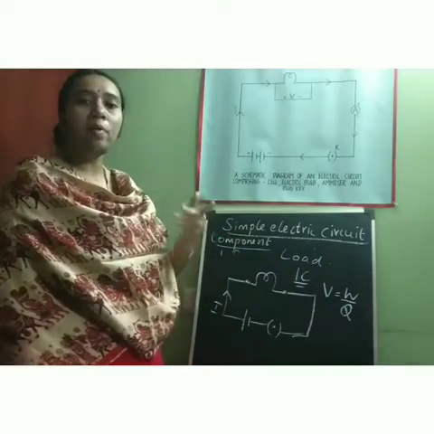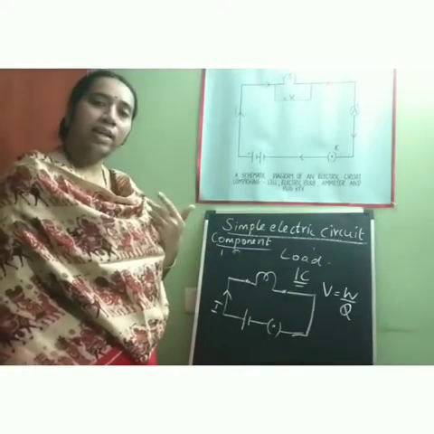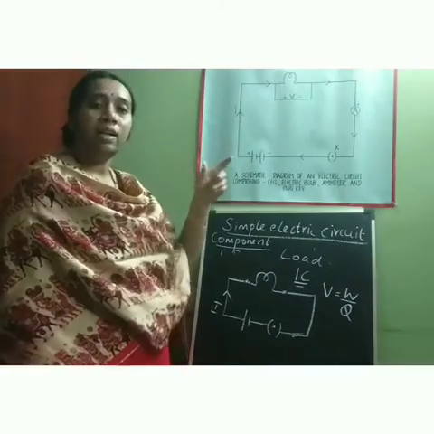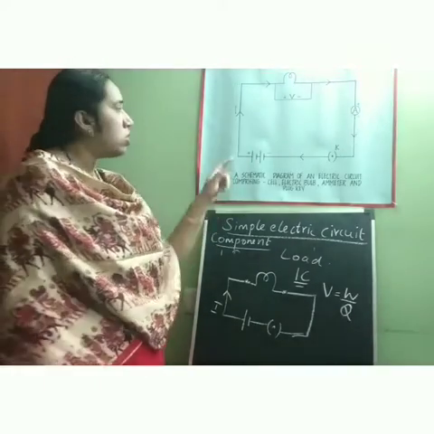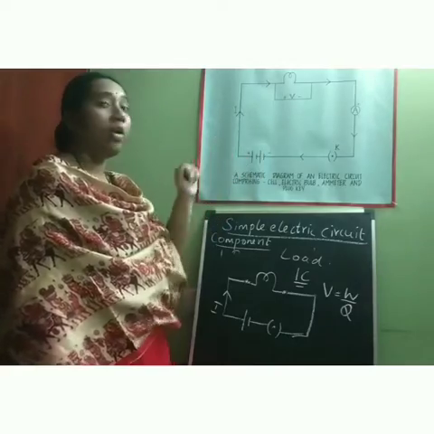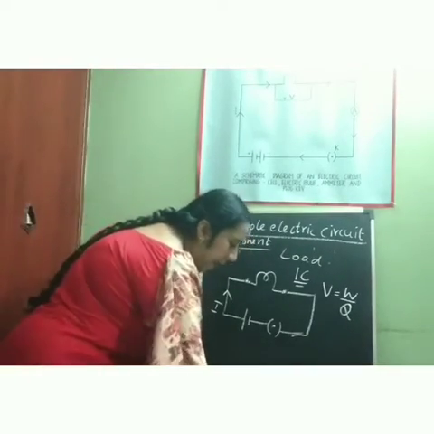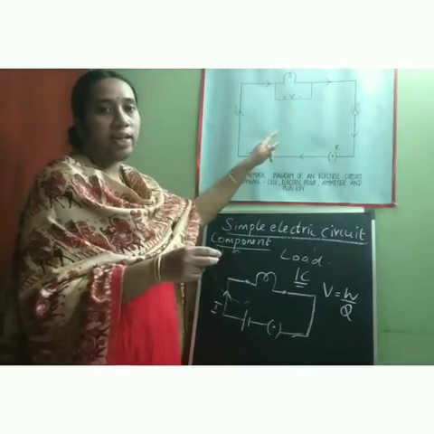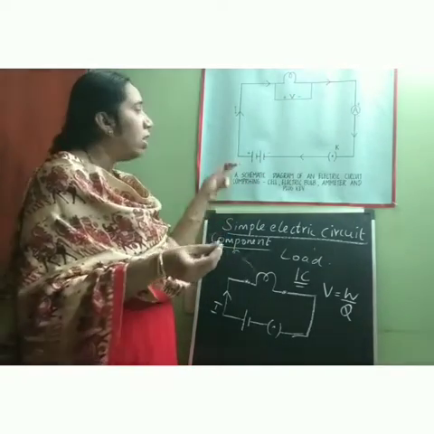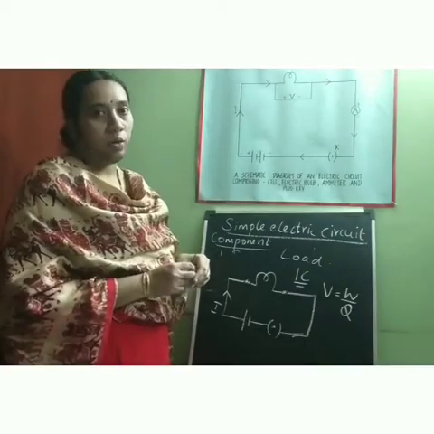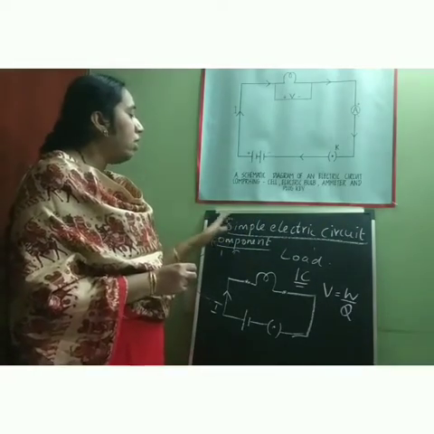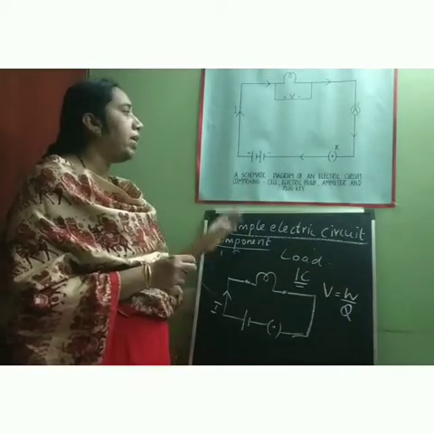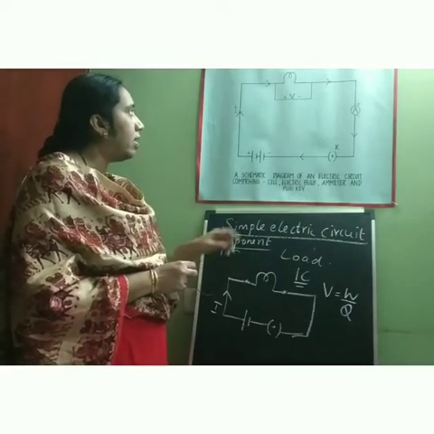If the LED bulb or electric bulb does not glow, then it clearly indicates that electric current does not flow inside the circuit. So to connect all these components, what do you need? You need a metallic wire. Only with the help of a metallic wire, which is either copper or aluminium, you can connect all this circuit. So this is the main function of each and every component present inside the electric circuit.